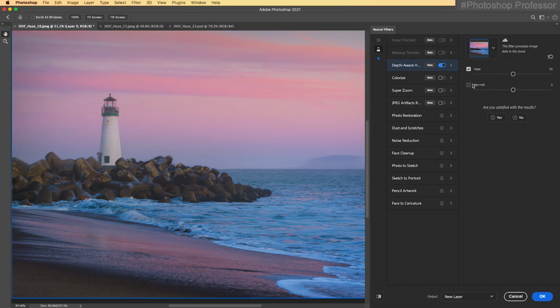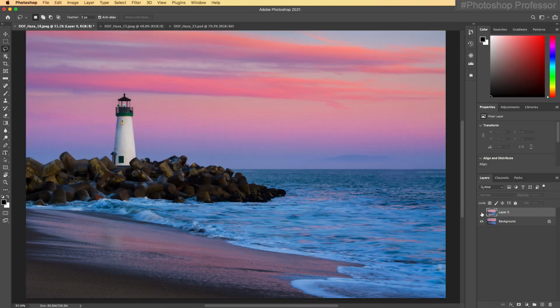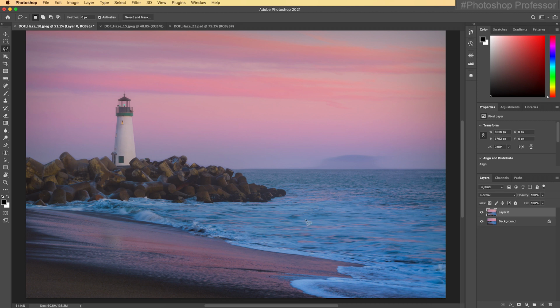I think that did great. Maybe add a little bit of warmth. It's processing. I'm going to click OK, toggle it on and off. I like how it desaturated the clouds and made it look a bit more misty, but I do want some